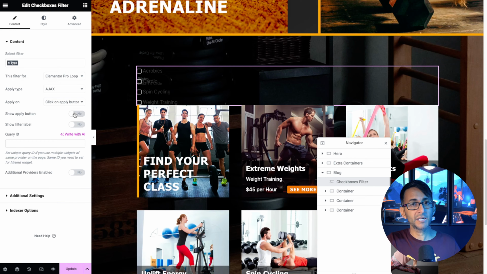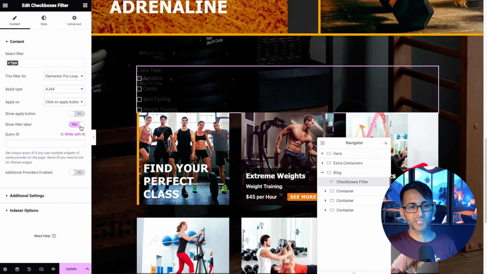Maybe they're going to be typing, like you've got a search box and it's free text almost. Then you kind of want to wait until they have finished before it applies. But you need to have a think about your user experience. Are we going to show the labels? That says class type. Now, I know you can't properly see it, so I'm just going to go over and